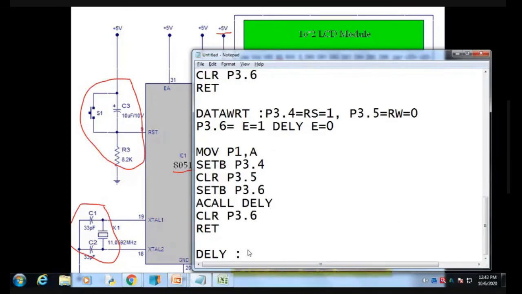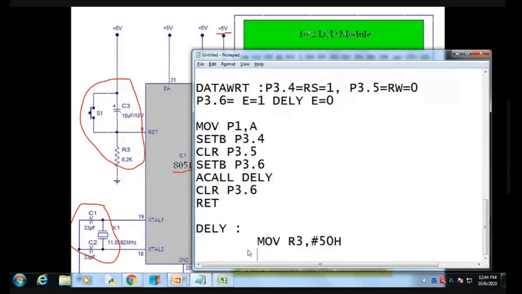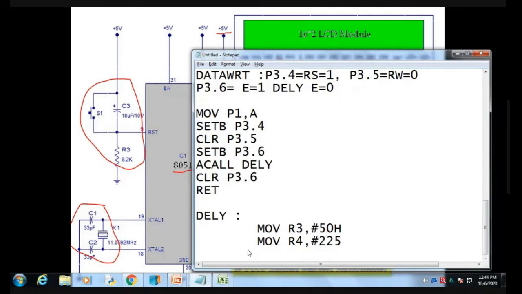Our normal delay program, you can write here the normal delay program, which is: move R3 comma #50H, move R4 comma #225H. Okay.